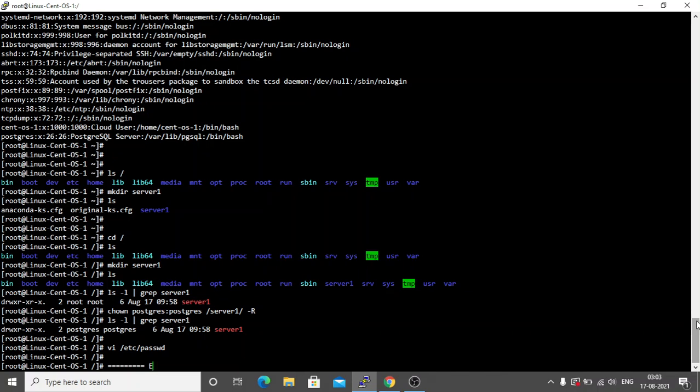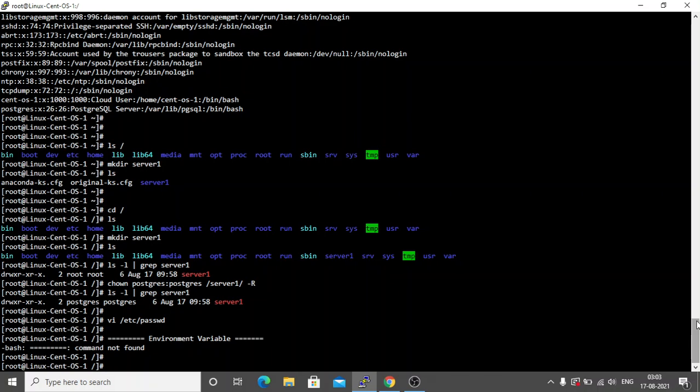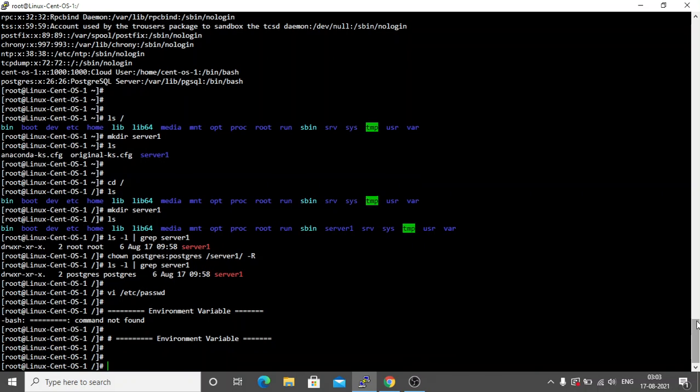Next, now we will set the environment variable. For this I will be copying the .bash_profile from the root user.